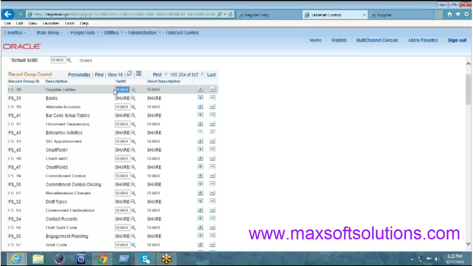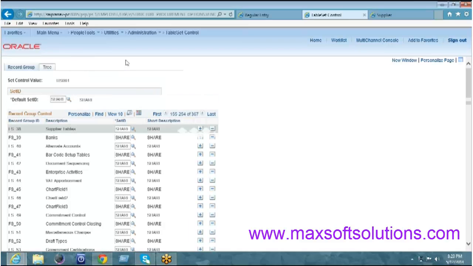No. For each and every business unit, for example for 1 to 5, I said like here 001, 002, 003, 004, and 005. Each and every business unit, when it comes to the table set control, I'll open one